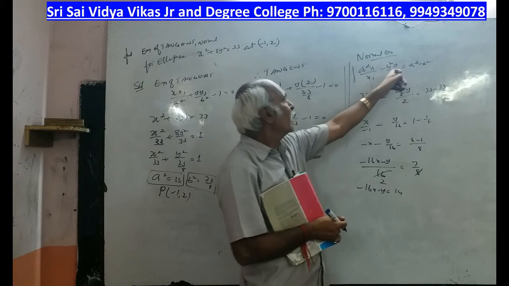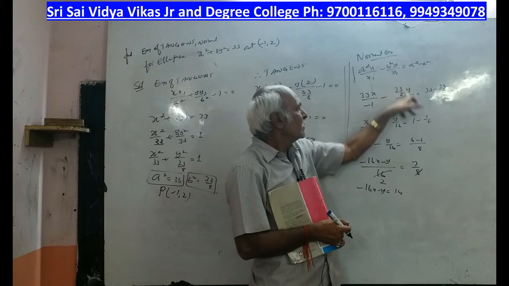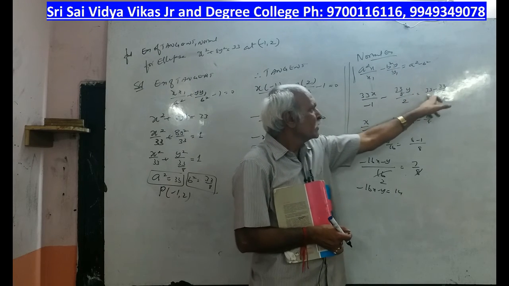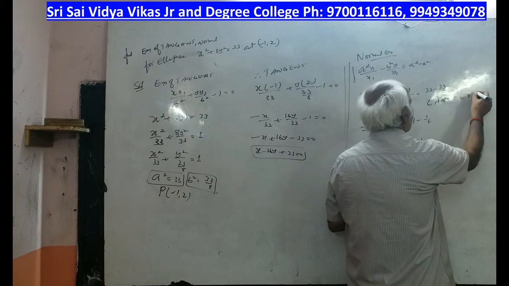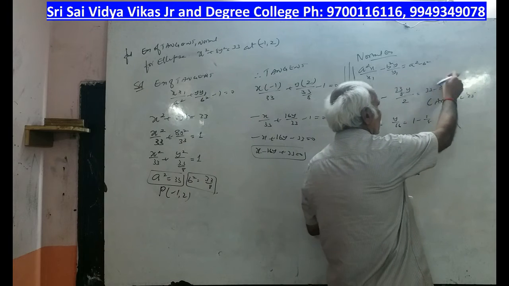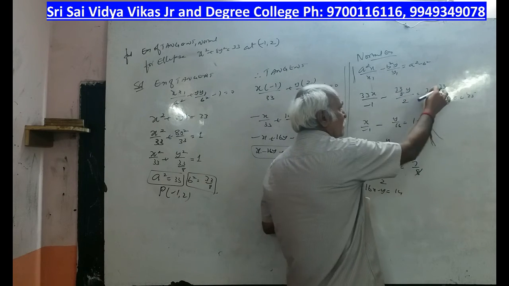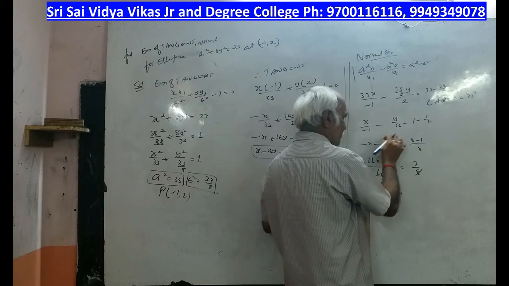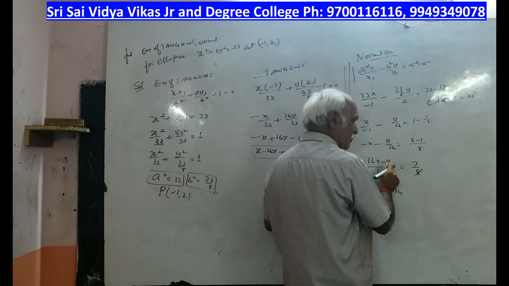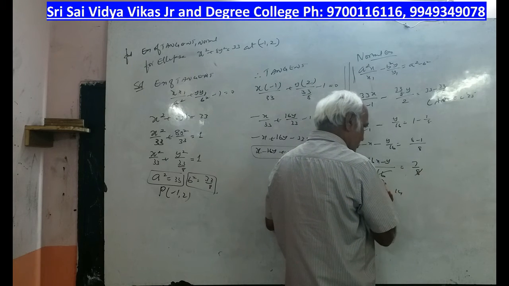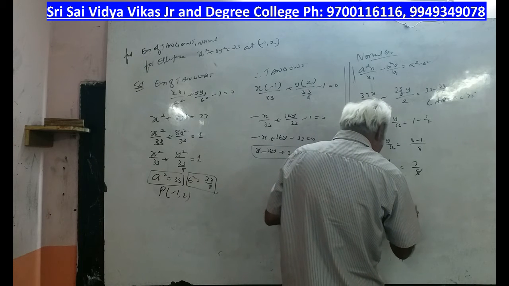Again I am explaining. a²x by x1 minus b²y by y1 is equal to a² minus b². a² means 33, x by minus 1. b² means 33 by 8, y by 2. Everywhere I am cancelling 33, sir. Everything will get cancelled. x by minus 1, y by 8 into 2 is 16. Here 1, here 1 by 8. So minus x minus y by 16. LCM is 8, 8 minus 1 comes. LCM is 16. So minus 16x minus y is equal to 7 by 8. 8 will go 2 times, cross multiply. So rearrange this sum: 16x plus y plus 14 is equal to 0.